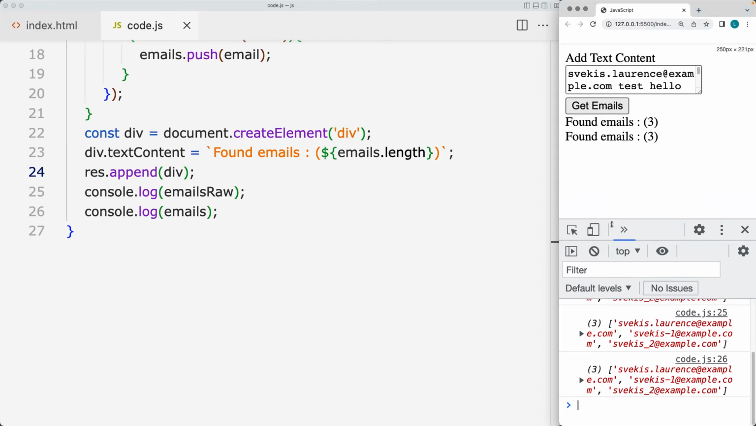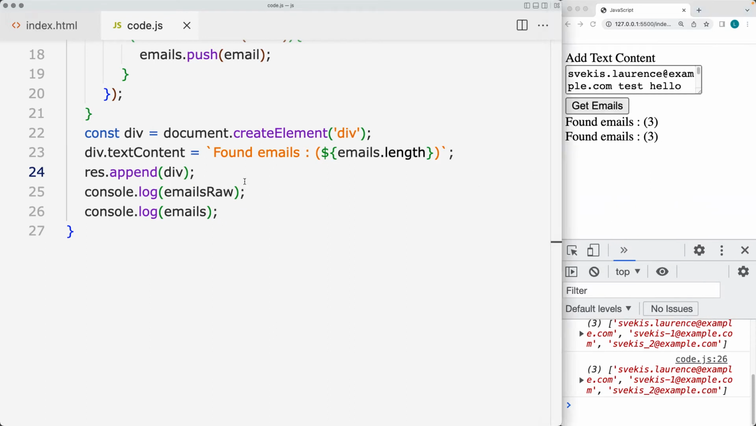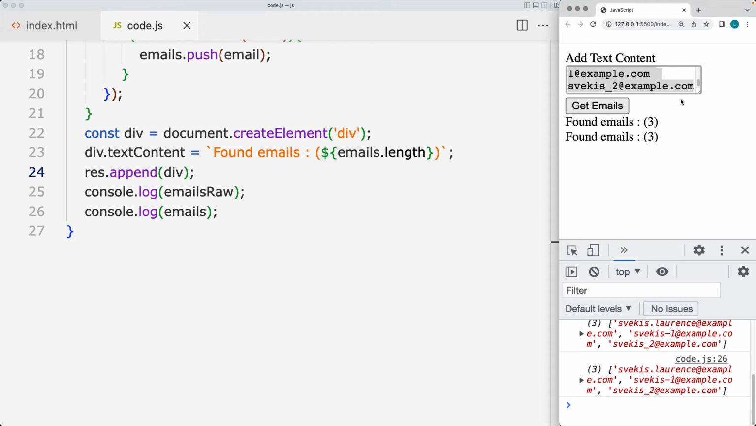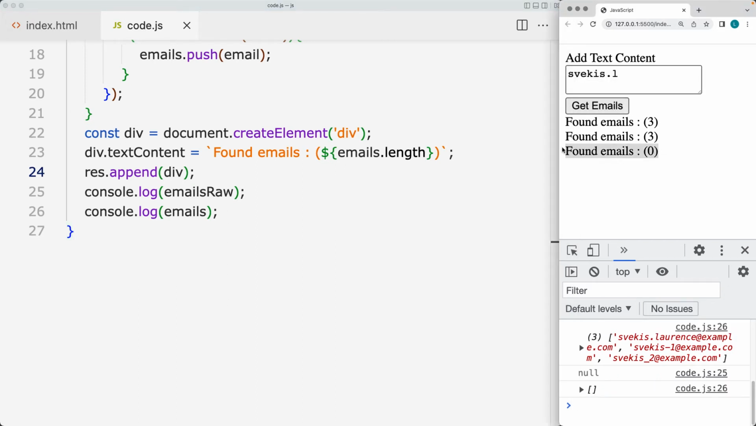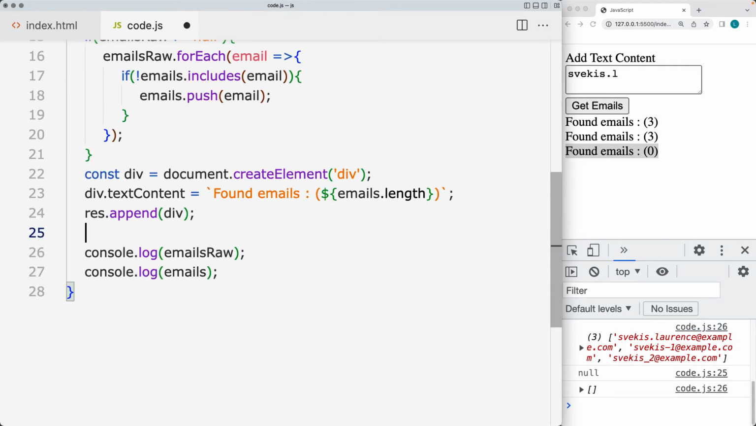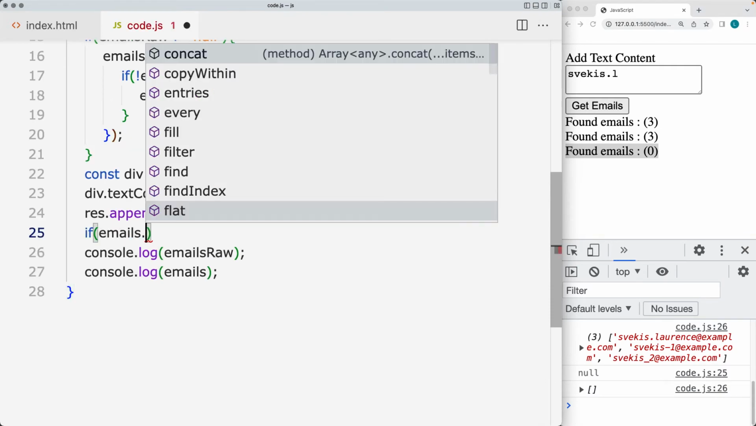So every time we do a search, it'll produce a new set of results there that gets appended. So if we don't have any of those values, we get the emails is at 0. So let's go ahead and we're going to add in another condition. So if the email's length